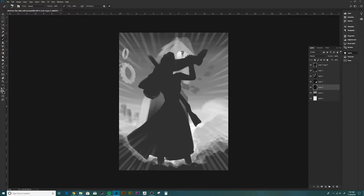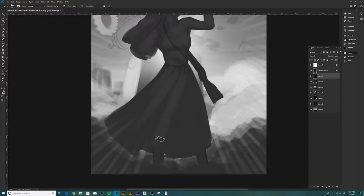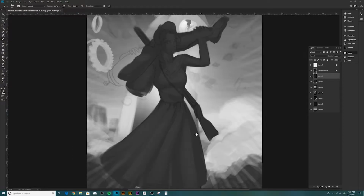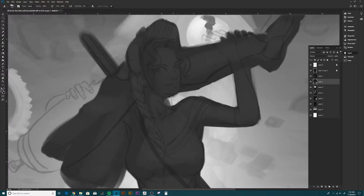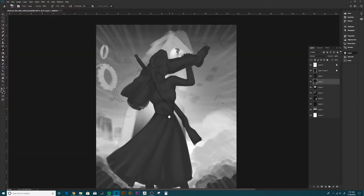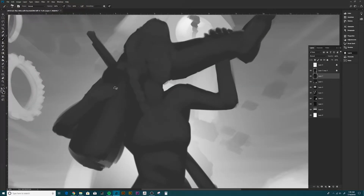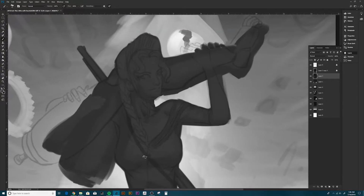Today's episode is going to be a little bit different because it's not really a character that anybody really knows about. This is an old commission that I got for a Dungeons & Dragons character, so this is completely off the map. It seems like the character was on a journey to some kind of clock tower and they were trying to acquire the missing piece of a statue, and I don't know if this was the last of the pieces that she needed to complete the statue or if this was just the first of many, but